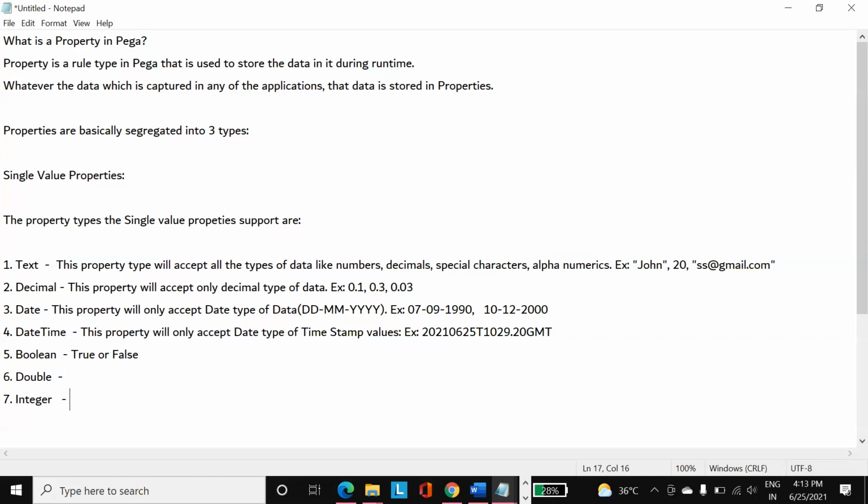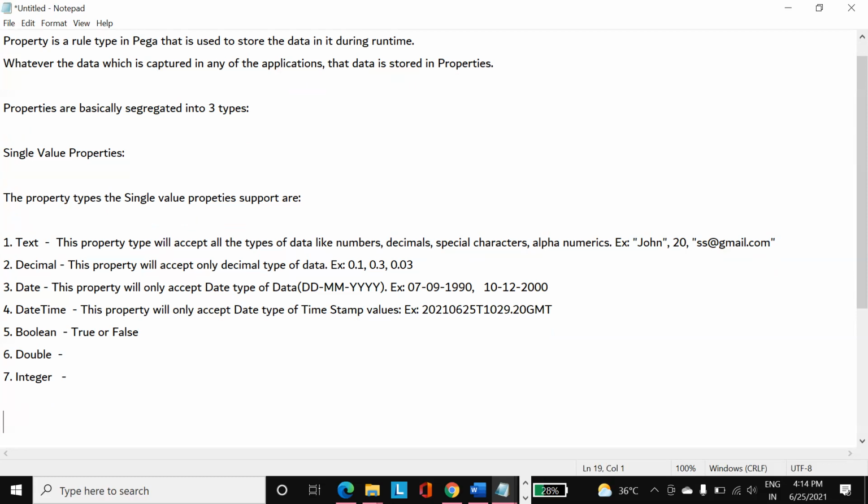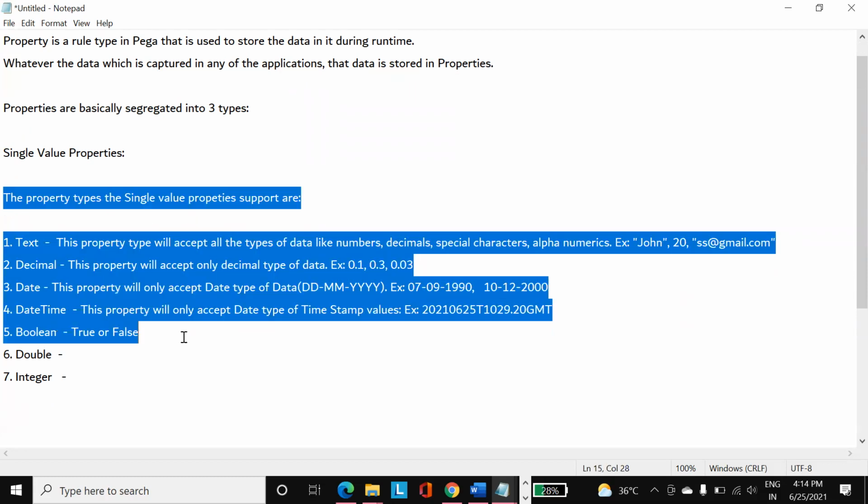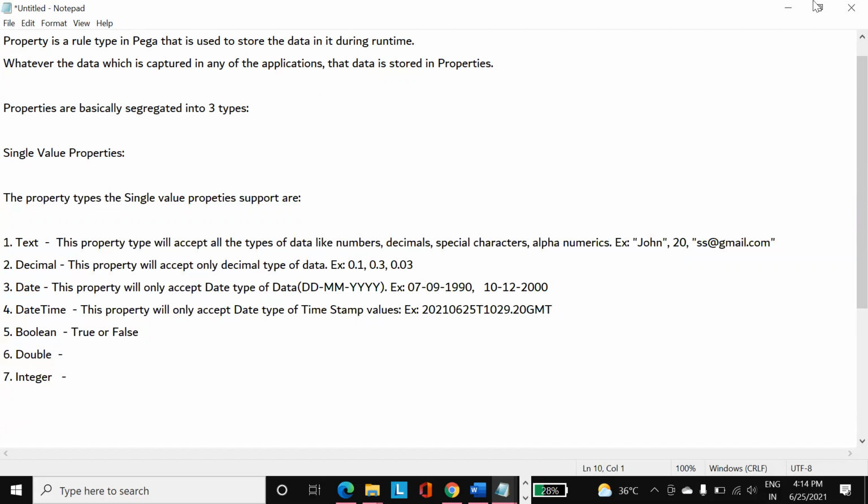And integer is used to store numbers. Integer has some range, right? Within that range, it is used to store only numbers type of data. If we try to insert any text or date kind of data, it will not accept. So these are the property types that are available in Pega.